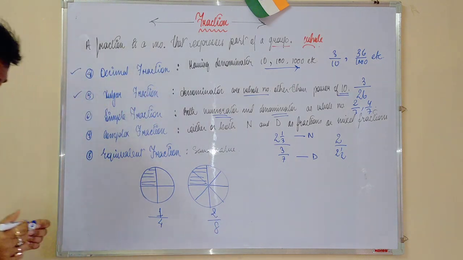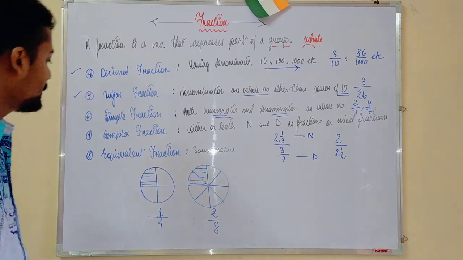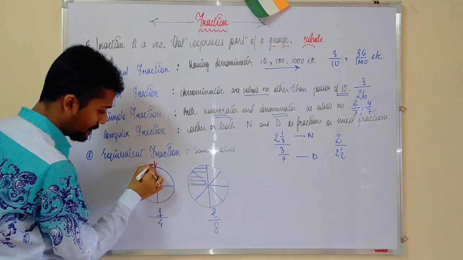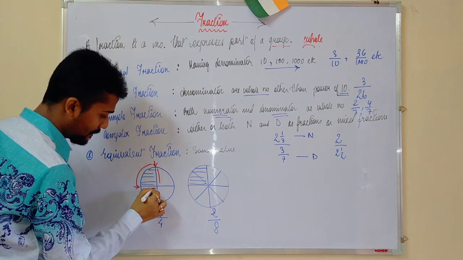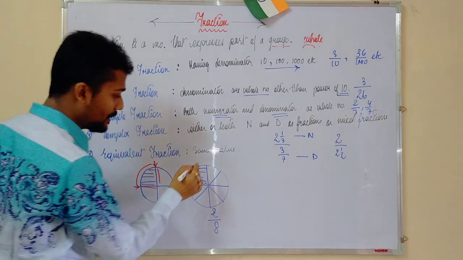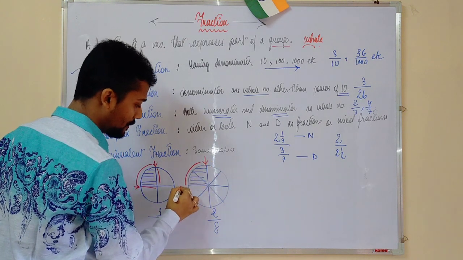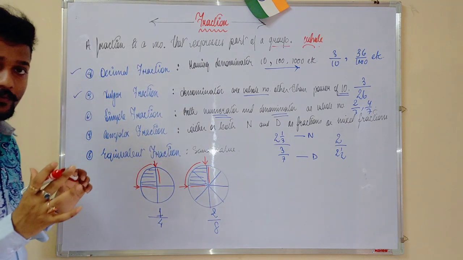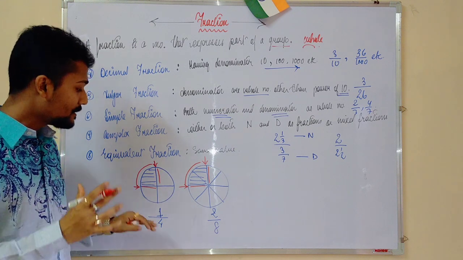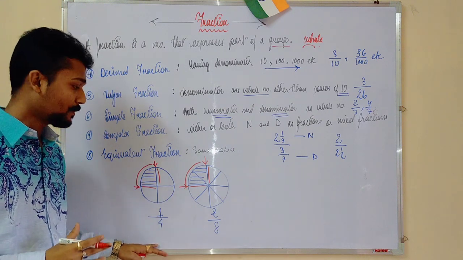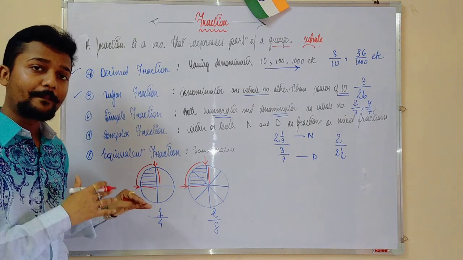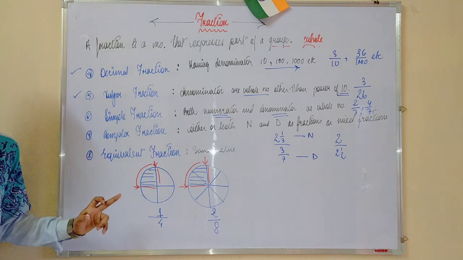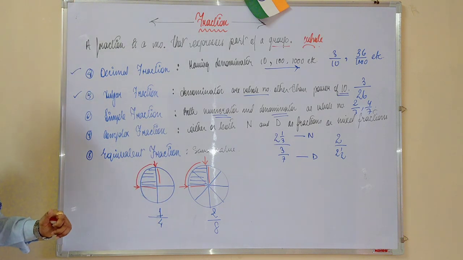If you see carefully, what you will find is that this particular part from here to here, isn't it? From here to here I have chosen, and similarly here also I have chosen from here to here. That means I have taken an equal amount from both the pancakes. The fractions that are visible on the board might seem different, but if you see carefully, they are of the same category. That means they are of equivalent value.